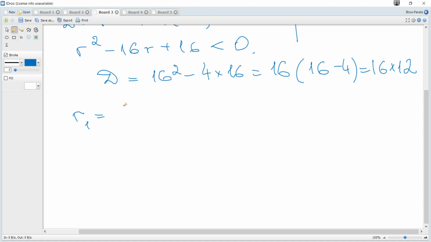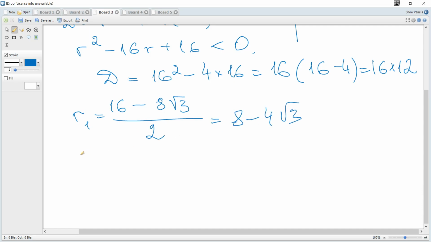and roots are minus b, 16, minus root of d, and it's what? It's 4, and root of 12, it's 4 times 3, so it's 4 times 2 times root of 3 over 2a, over 2, and it's 8 minus 4 root 3, and another root is the same but plus, so 16 plus,